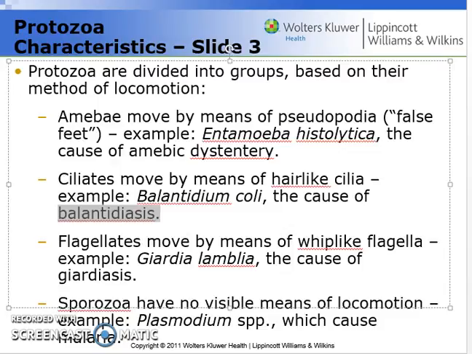Eventually the Plasmodia will make its way to the liver cells of the human. And then in the liver cells, you have this formation of these sporozoites, which are going to cause infection for the patient, and that will develop malaria. So those are our 4 key groups that we have regarding our classification of protozoans: the amoebae, the ciliates, flagellates, and sporozoans. And this is typically constructed out of what type of methods are used for locomotion of the organisms.